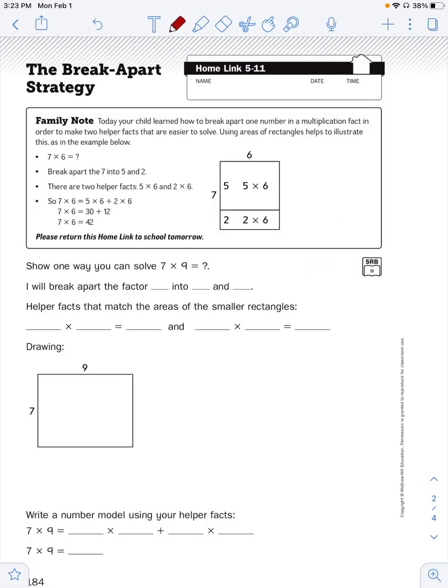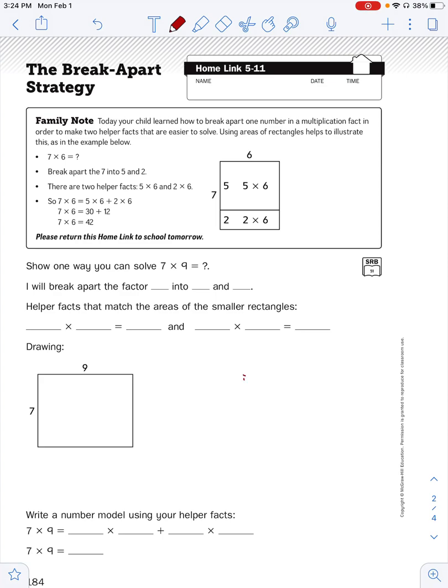Hi, mathematicians. Now that you've seen one example of the break apart strategy, you're probably thinking, that looks really similar to something that we've done before. You're right. It does look very close to the doubling strategy that we did a while back. The thing that is different about this is that you don't have to have two of the same number when